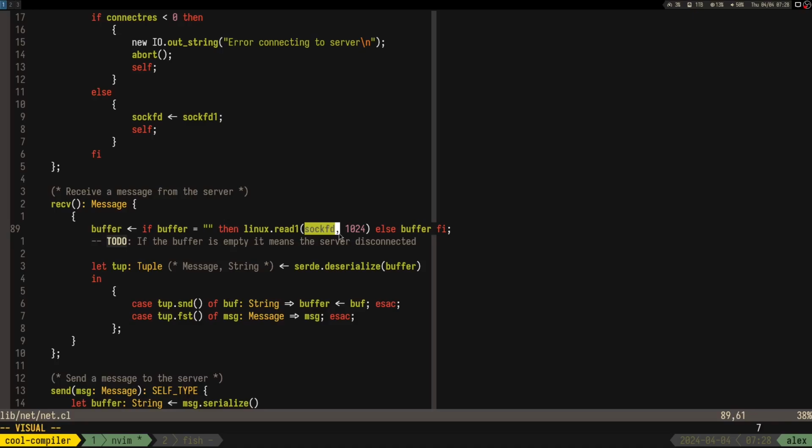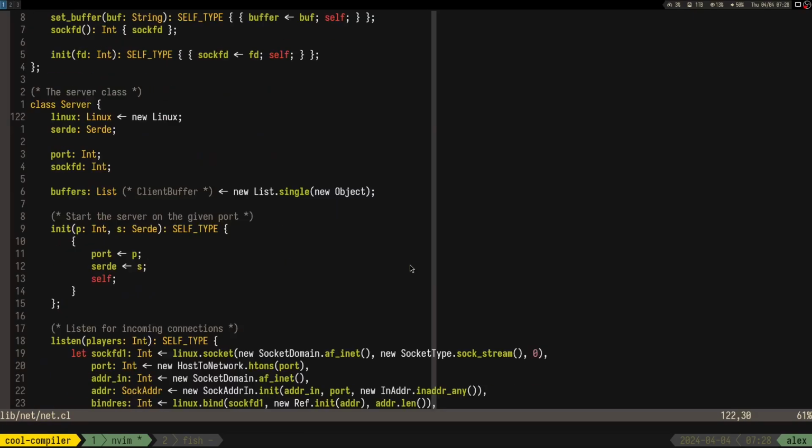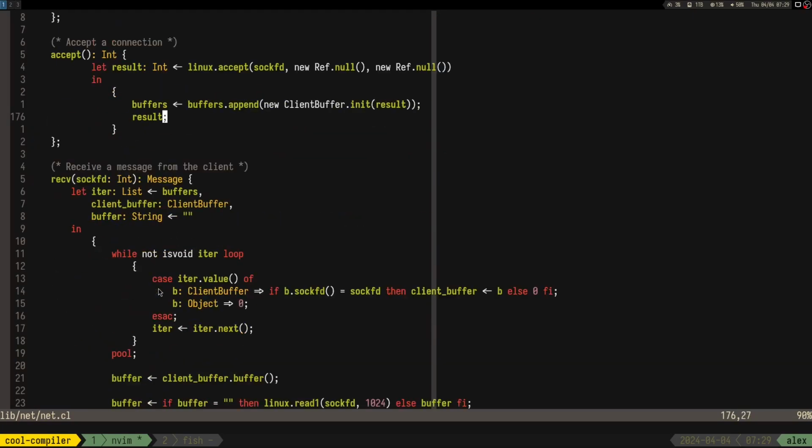Like we read end of file, so we read 0 bytes, and it's no longer going to be blocking reading from that socket. It's always gonna return end of file. So yeah, we know for sure that whoever was on the other side disconnected. And it's the same for